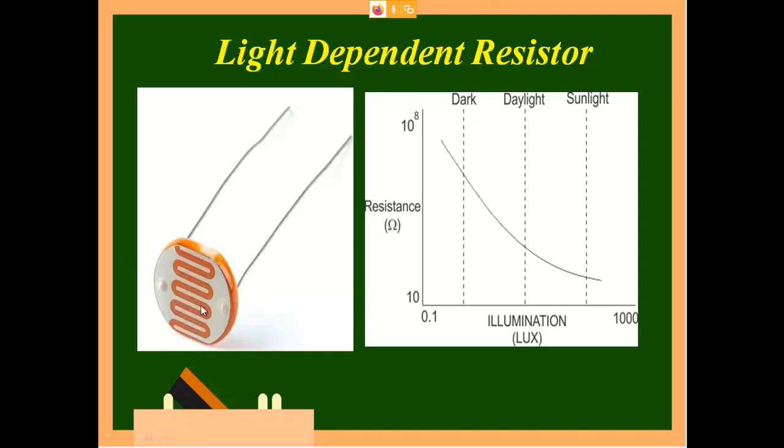So once light falls on it, initially the resistance is very high. When you connect this to any circuit, it is open circuit. When there is no light, it is open. When light is there, it will try to close the circuit. You can see here that in the dark it is around 10^8 ohms. When it moves from dark to day, the resistance falls directly. When the luminosity is more, your resistance has come down.